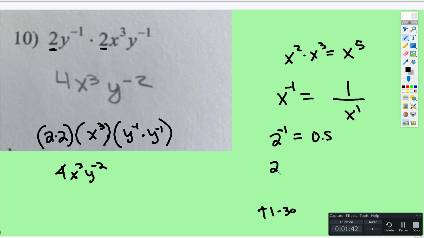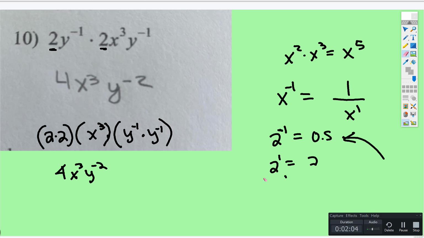So look, 2 to the first is 2. But 2 to the negative first, you can rewrite as 1 over 2 to the first. Well, again, 2 to the first is just 2. Look, 1/2 is 0.5. So whenever you have,